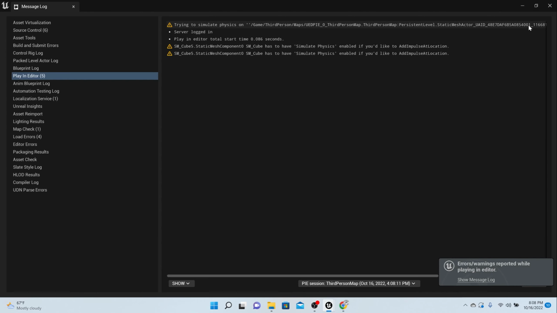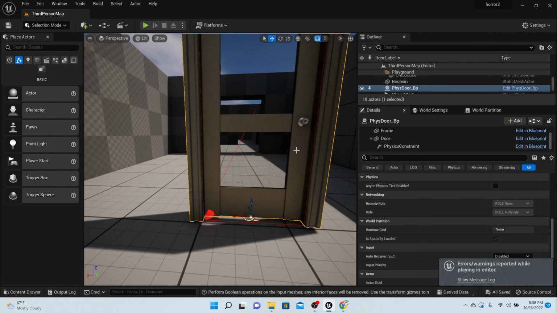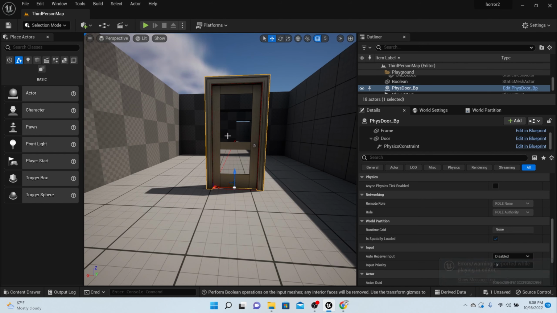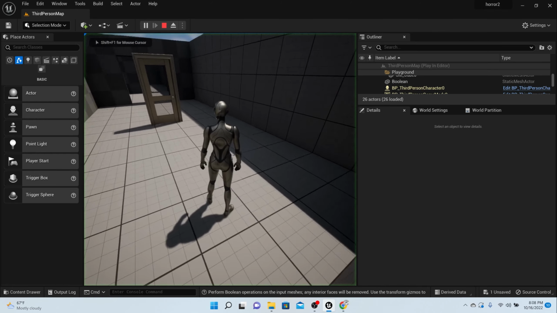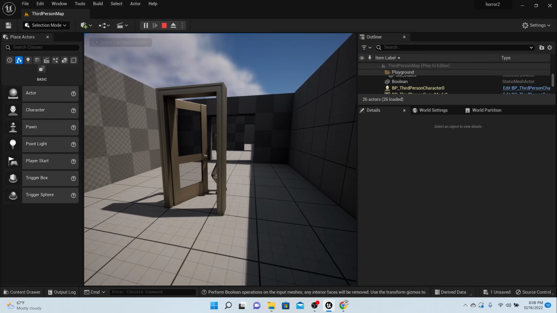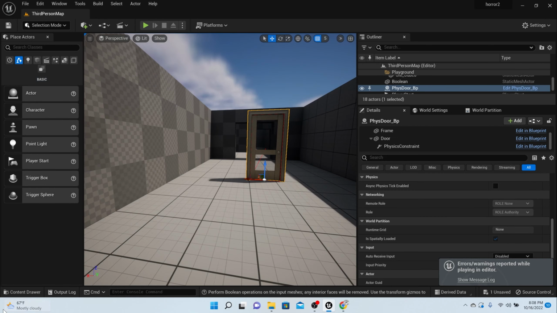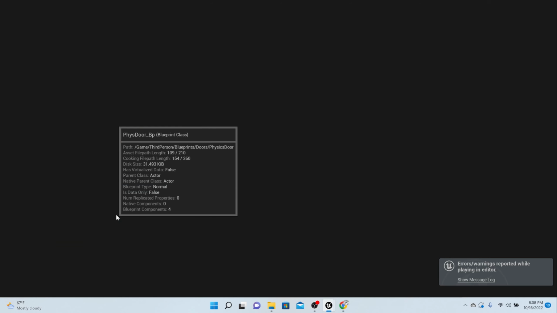Let's fix the part of it where we need to move it up off the ground, because we want it to be on the ground, to be honest. But it won't act right when it's on the ground. So let's see if we can fix that, right? What I would do to fix that is double click here,